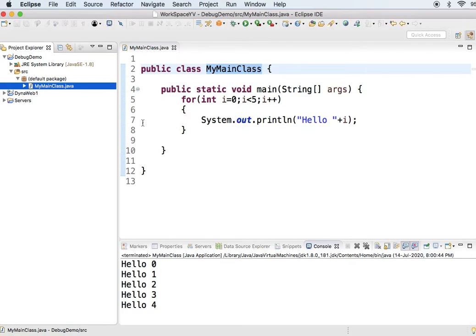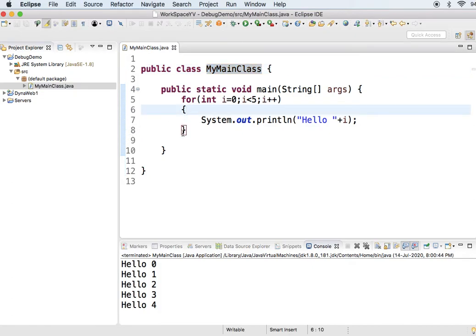In case of debugging, what is the basic thing? Whichever line you want to make the project pause at, at the time of running, you can select that line. Suppose this is line number 7 or maybe line number 8. This is where the for loop starts, and the for loop ends. At line number 8 I will double click beside the 8.